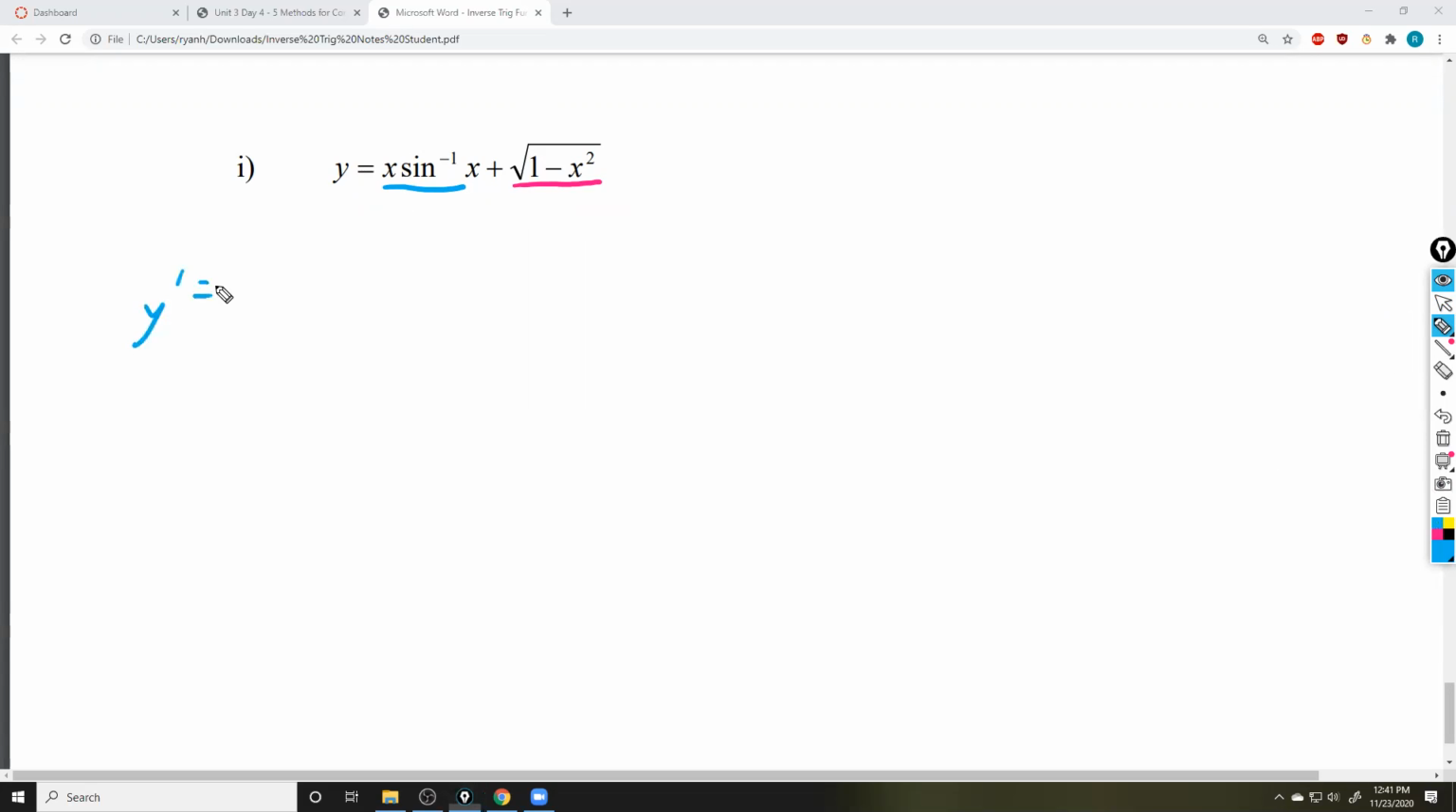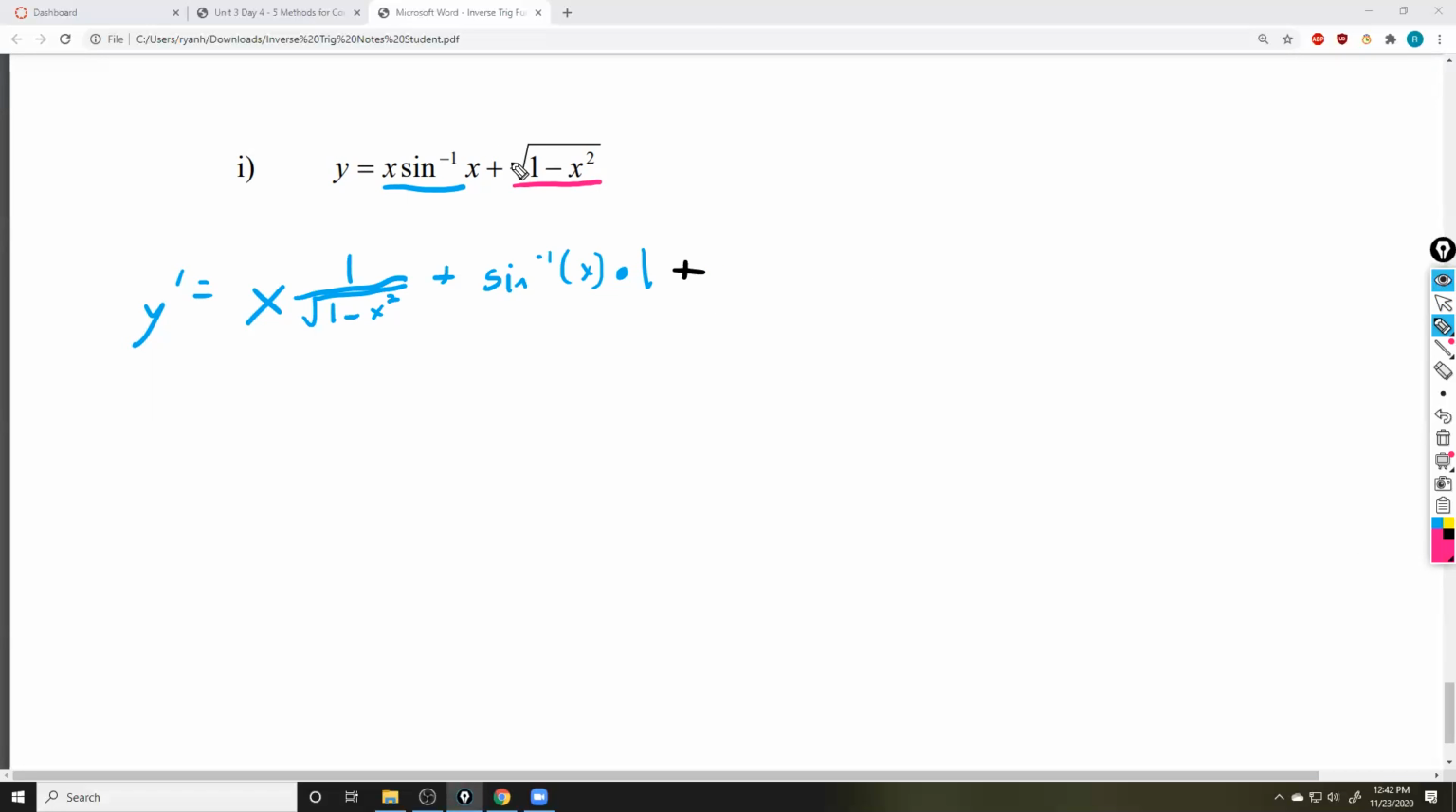So y prime equals first times the derivative of the second. The derivative of sine inverse of x is 1 over the square root of 1 minus x squared, plus second times the derivative of the first. The derivative of x is 1. Plus,